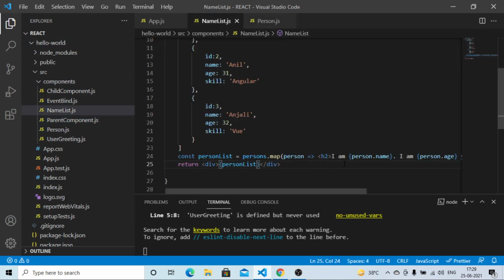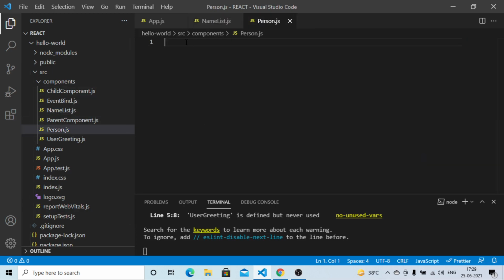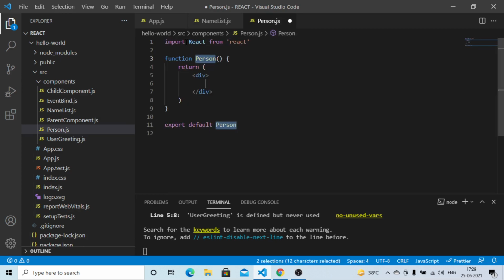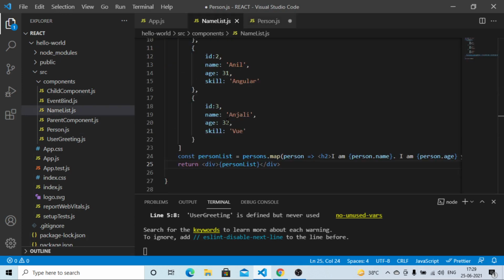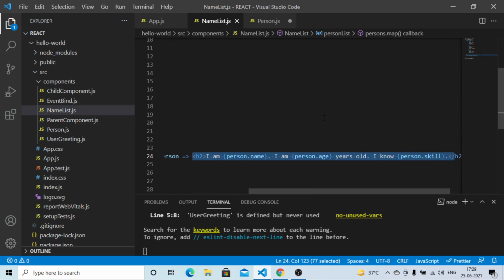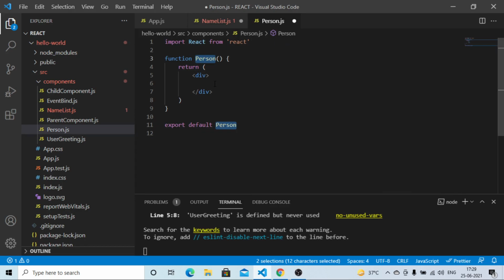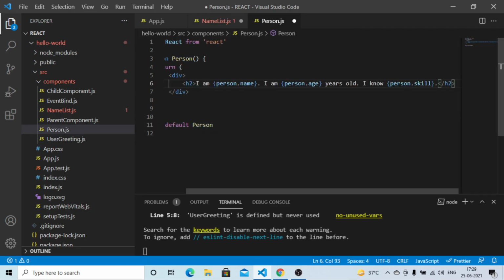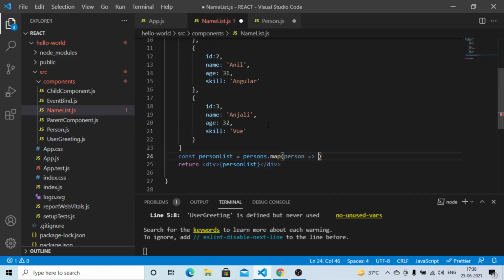So now we have to create a person.js file, and again this is going to be a functional component, and here we'll be replacing this code, this HTML within the person JSX.